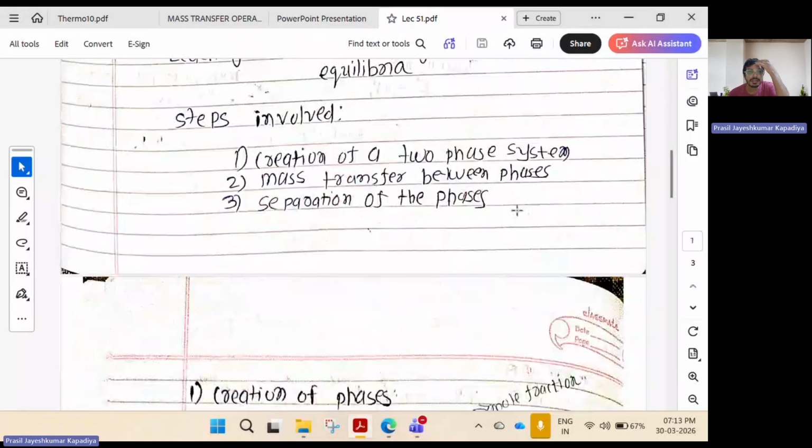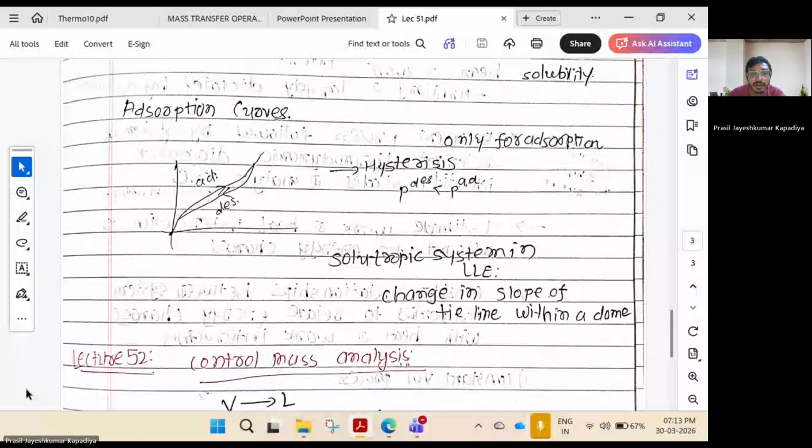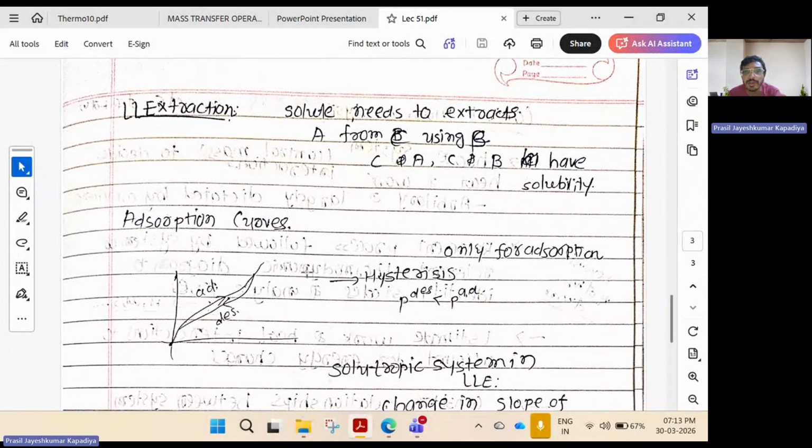So how do we perform this operation? We first create a two-phase or three-phase system, then we allow mass transfer, and then we separate these phases. So everywhere, whether liquid-vapor or solid-liquid, the basic part is that we should know the equilibrium. If we know the equilibrium, then only we can proceed further. This is a place where thermodynamics is useful. This adsorption, desorption also we had a look at. Okay, so this was all about